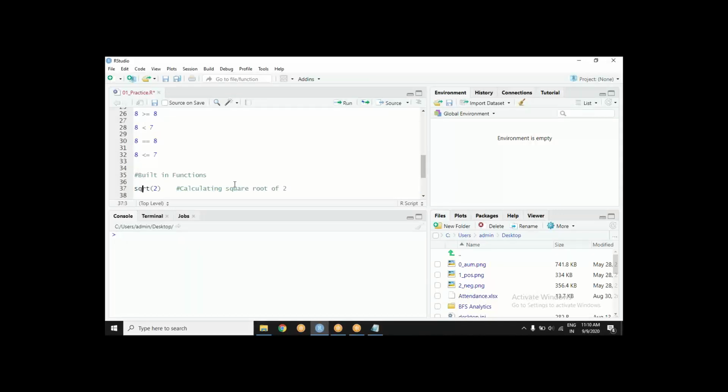So I am saying SQRT, in brackets there is 2. So it should calculate the square root of 2. Manji, what is the square root of 2? What is the square root of 2 to 6 places of decimals? Anybody? That's 2 places of decimal. Very smart, Abhimanyu. Here it is.